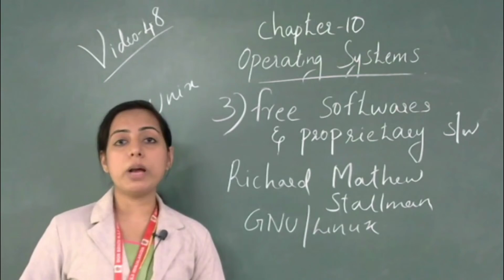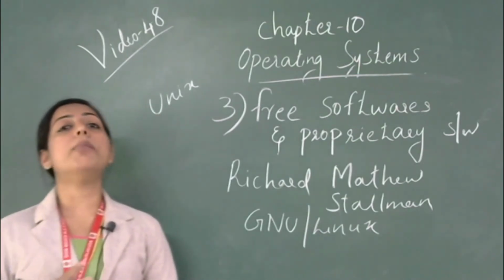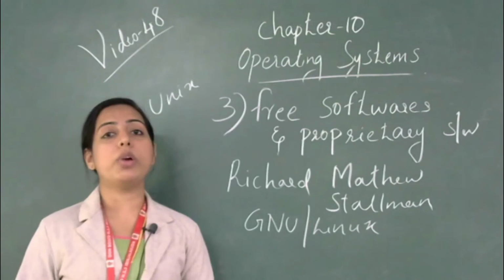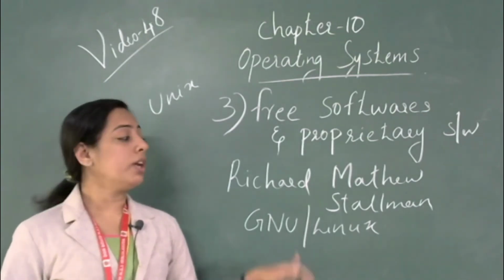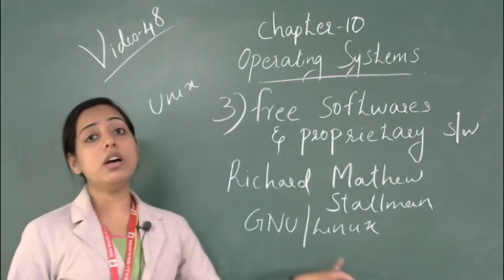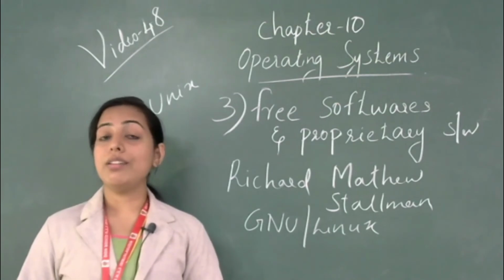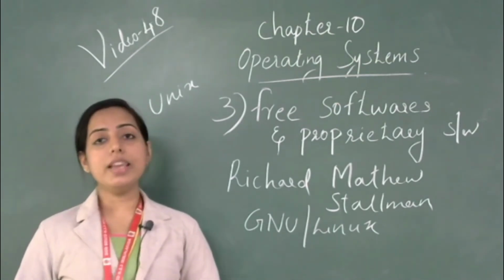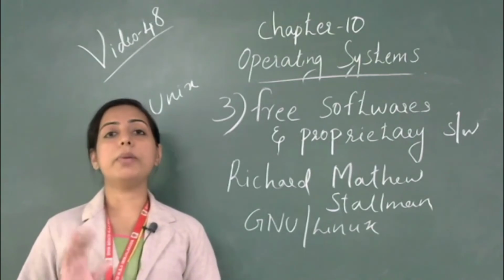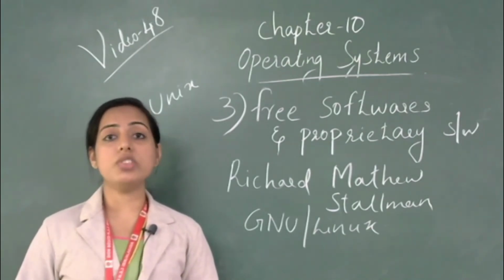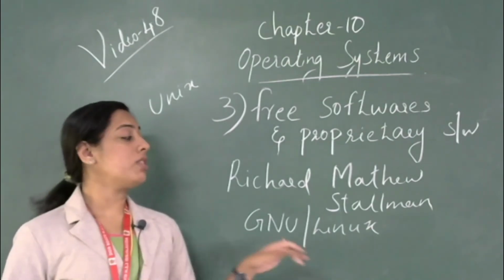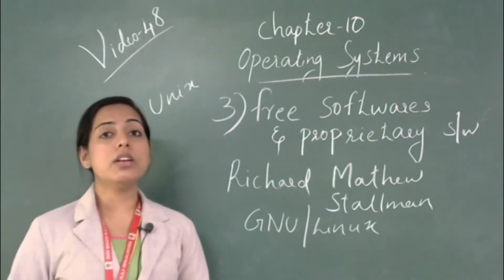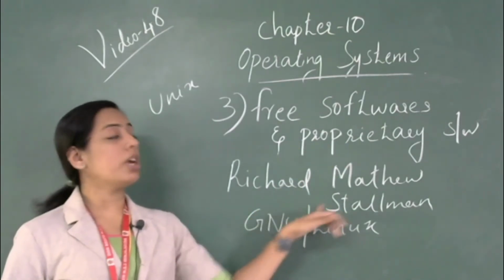So what the programmers did is, they copied the model of the Unix operating system and rewrote the program, the code, for this new one. That is the origin of the GNU Linux operating system. Now it is considered free software. Anybody can access, change, modify, copy and share this operating system. A solution for proprietary software was built by Richard Matthew Stallman.